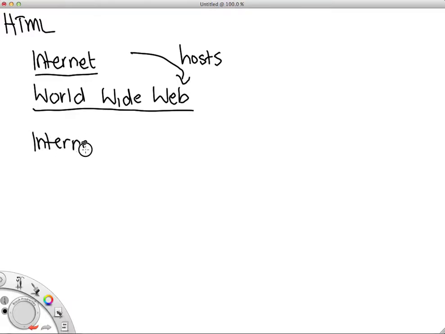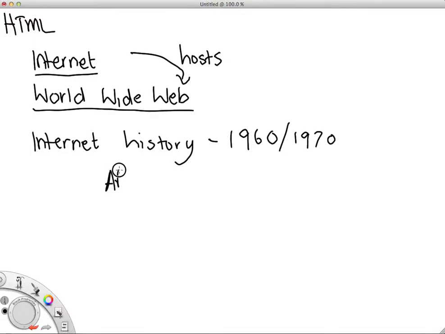So, internet history. The concept of the internet was developed in the late 1960s and early 1970s by ARPANET. I'm not going to go into too much detail about ARPANET. If you want to do a web search for ARPANET and find out what they're about, you'll come up with some results for DARPA, Defense Advanced Research Projects Agency, I think it stands for. So if you just go and research what ARPANET is, what you need to understand here is that